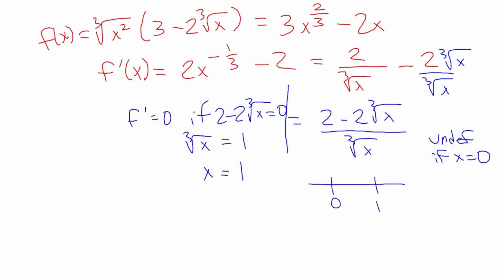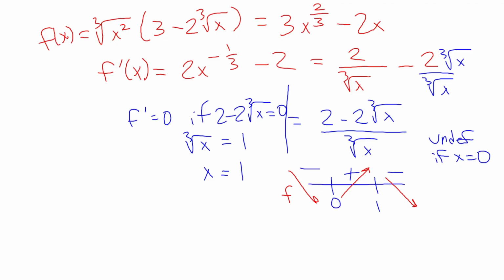And if we test some values here, if we plug something like 1,000,000 in, the numerator is definitely going to come out to be negative, and the denominator is going to be positive. Right? So that'll be a negative, which means the function is going to decrease. If we plug in something like a half, or actually let's plug in an 8, we can do 2 minus 2 times the cube root of an 8, which comes out to be just 1 is positive, and the cube root of an 8 is positive, so that's positive in the middle. And if you plug in a negative number, then we're going to end up with a positive in the numerator, but a negative in the denominator, which gives us a negative, telling us that this function decreases, then increases, then